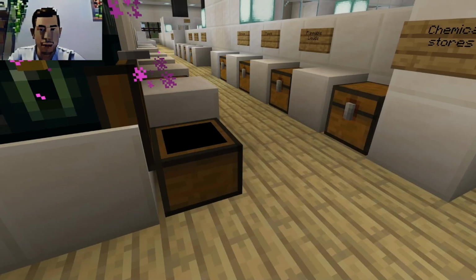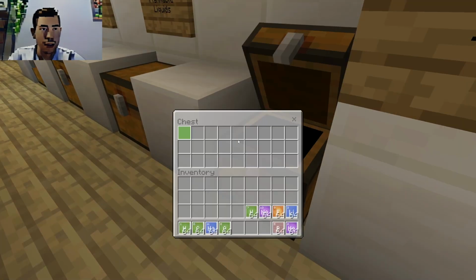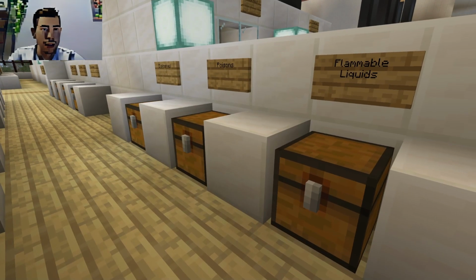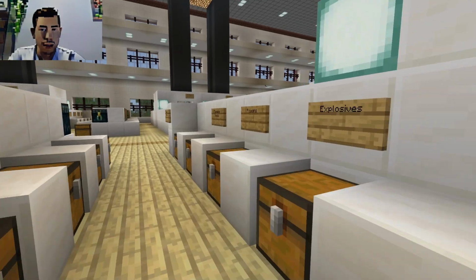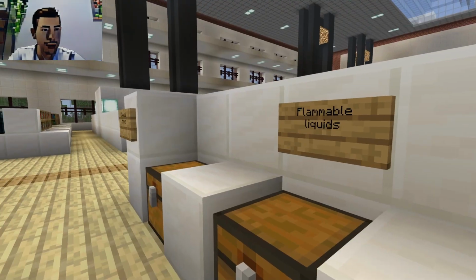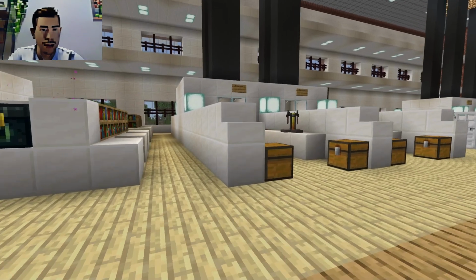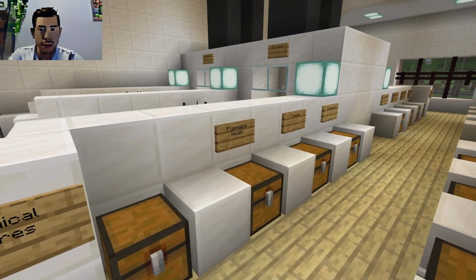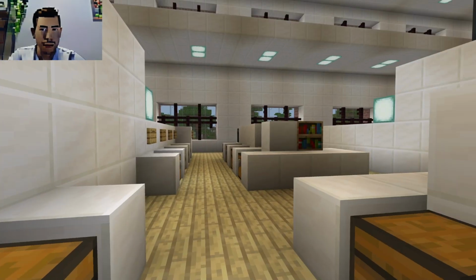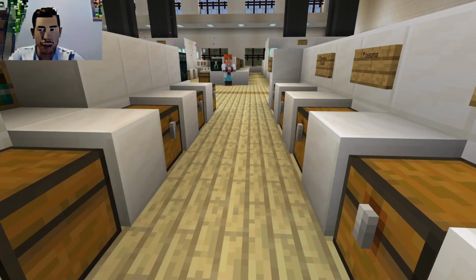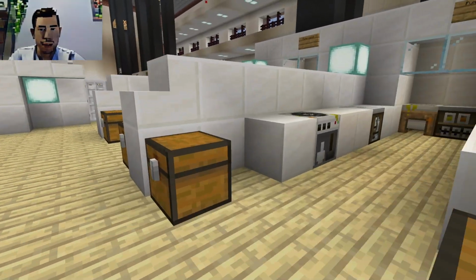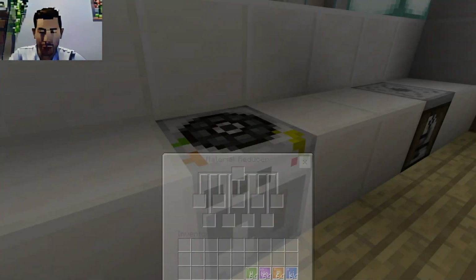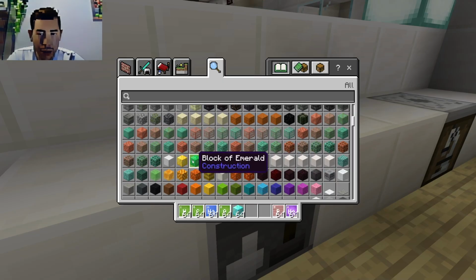We just need to take some materials. This is chemicals. This is liquids, poisons, explosives. Do I have any materials here? Let's check here as well. No, it is all the same. Okay, let's then have a look. Let's have a look at this one. We need to take some material. Stack the diamond block, emerald block, gold